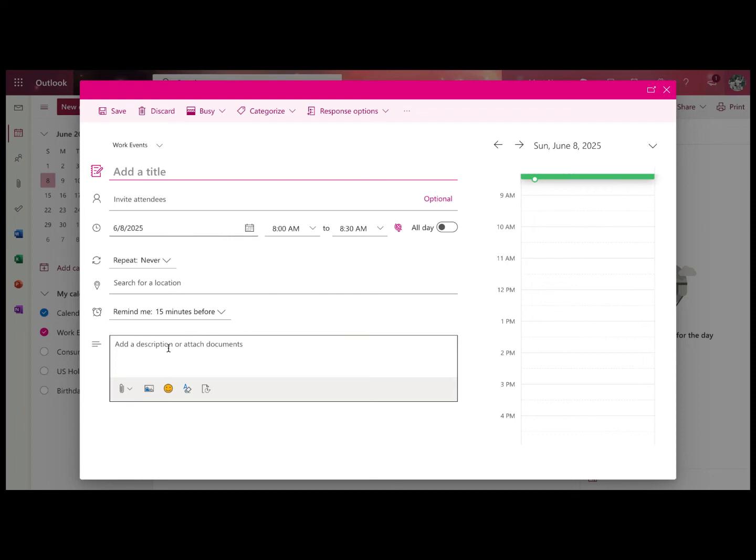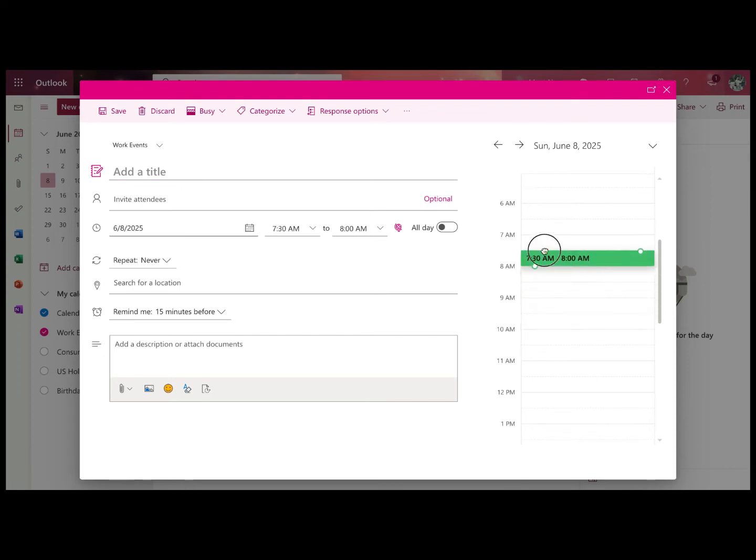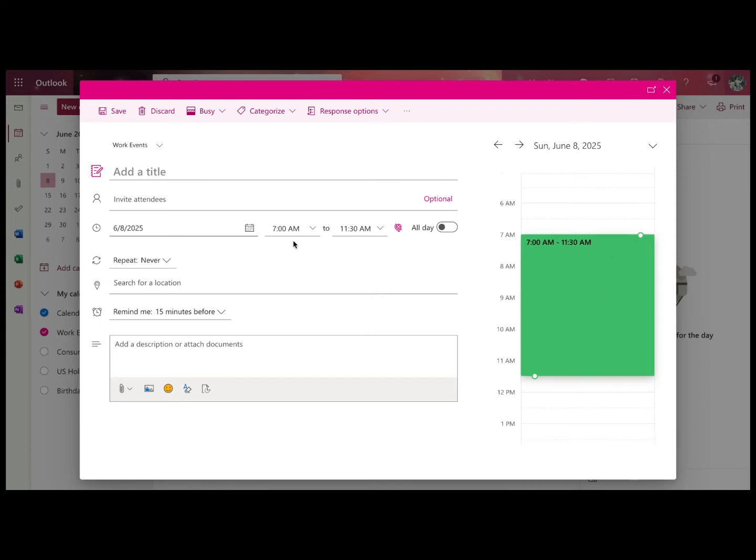So if I want to add an attachment or an image or a note, if I have any information to give people I may be inviting to this event. I also have a time slider I can use here where I can adjust when it starts, and then I can drag the bubbles on the top and bottom to increase or decrease the amount of time for that event without having to type, which is really nice because sometimes I put stuff at the wrong